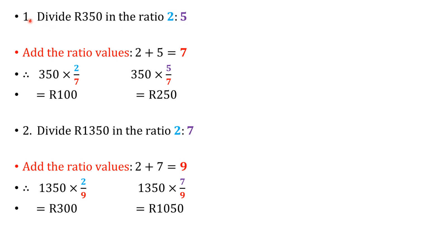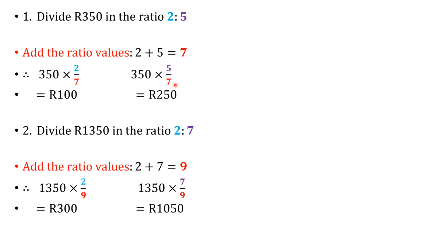Once the word says divide a value in a ratio, we're first going to add the ratio values. So 2 plus 5 gives me 7. So together, those two people there makes a ratio of 7. Now when I divide, I'm going to say 350 times the 2 over the 7, and 350 times the